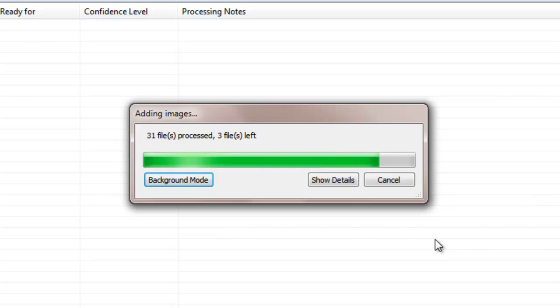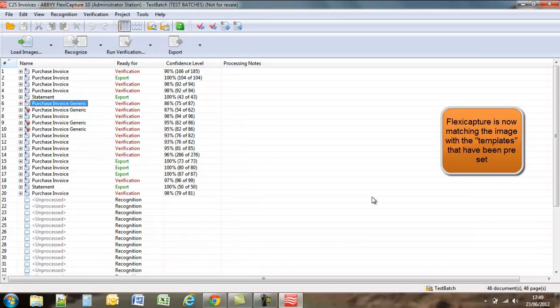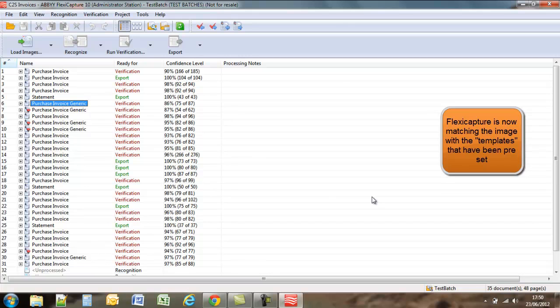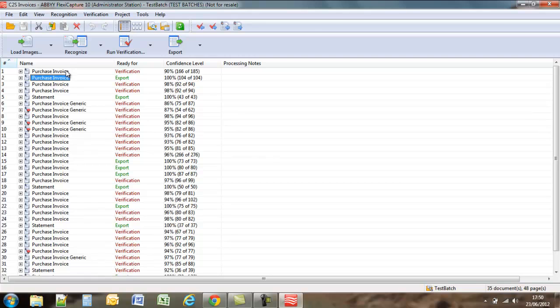Once it's done that, it works its way through them, trying to work out what they are based on the project details that it already holds or has been set up. So in this case, they're either purchase invoices or statements. As you can see, they've been read and the information that we're looking for has been extracted. And at this stage, some are perfect, green, ready for export, and others, some of the information needs what we